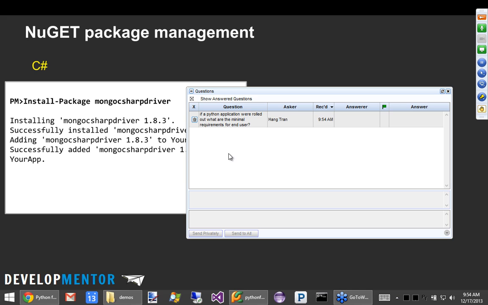You can create bundled EXEs or apps that suck in all the libraries they require, and then they have no requirements. So it depends on how much effort you want to put into building the redistributable. And are you building EXEs or executable applications, or are you building libraries? There's a different way to express library dependencies, which I don't think is what you're asking. Okay, so hopefully that answers it.